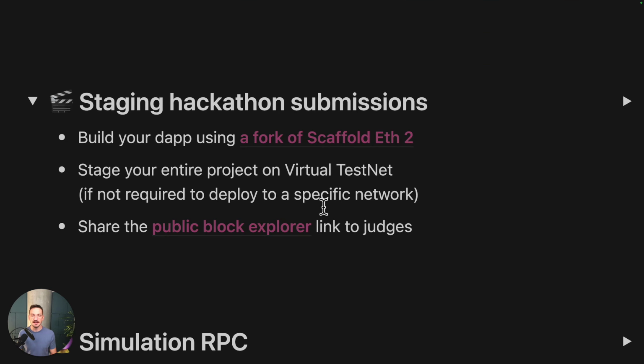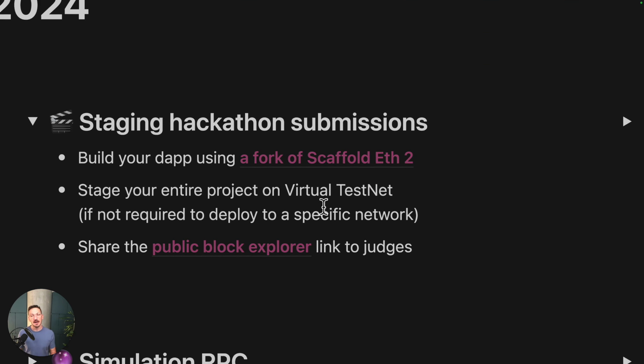Okay, so now that we know what virtual testnets are, let's explore a couple of ways that you can utilize them. So the first way would be to stage hackathon submissions, and we made this very easy by creating a fork of Scaffold ETH. So you can just clone the repository that's linked here, and you can stage your entire project on the virtual